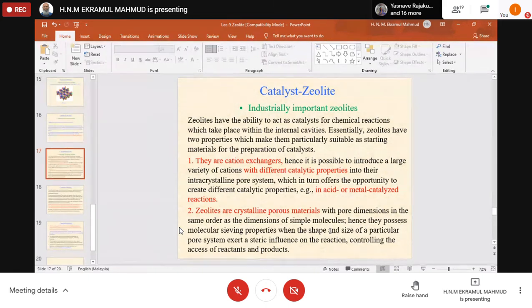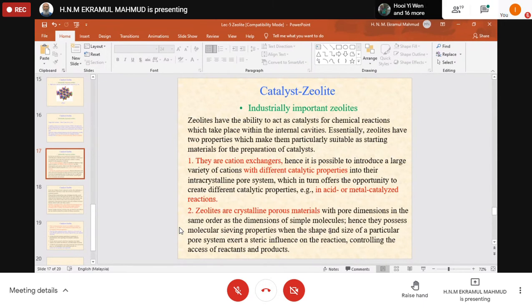specific hydrocarbons, as for example carbon 10, carbon 5, let it be 5, 6, 7, 8. After that, long chain molecules of 11, 12, 13, 14 will not get in. The rest will go in and be cracked, and the products will come out as gasoline boiling range hydrocarbons. The rest will not enter or will not be produced and get out from that.